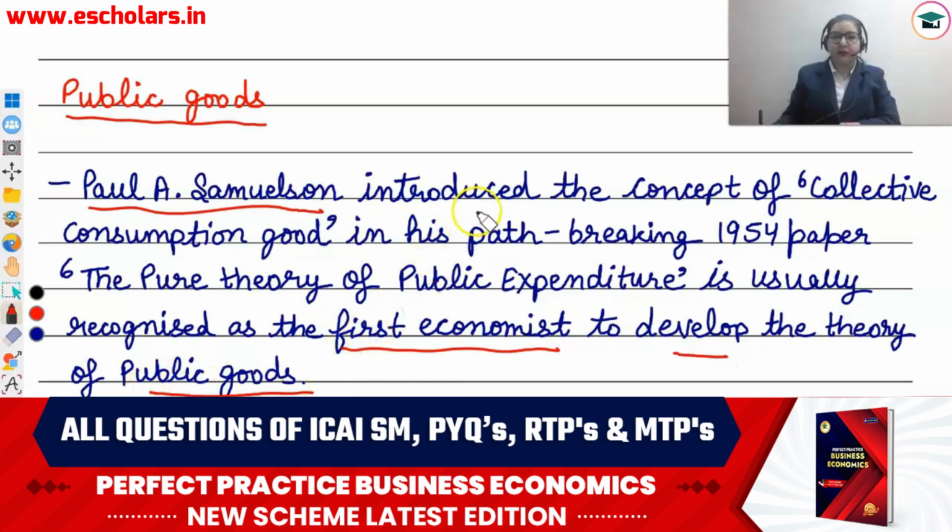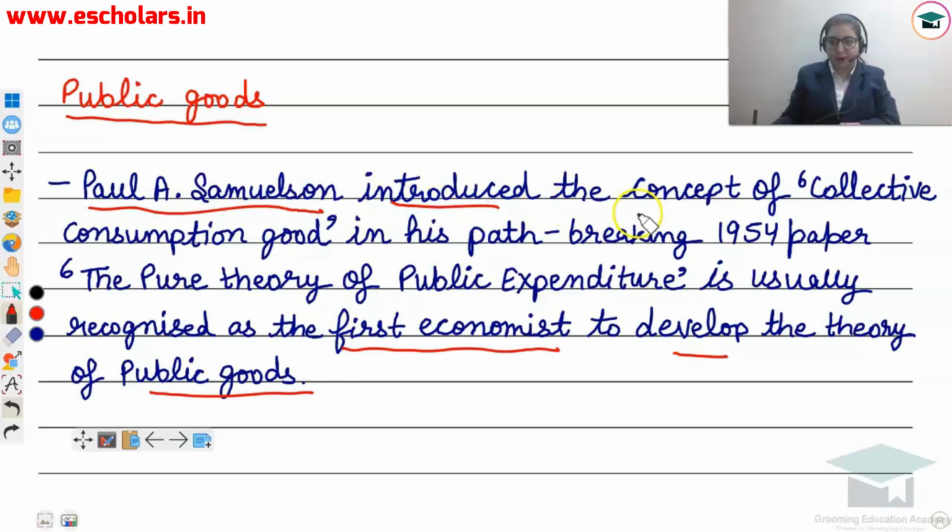He introduced the concept of public goods, or you can say collective consumption good. Basically, collective consumption good is the synonym of public goods. So, Paul A. Samuelson introduced the concept of collective consumption good, or public goods, in his path-breaking paper which was published in the year